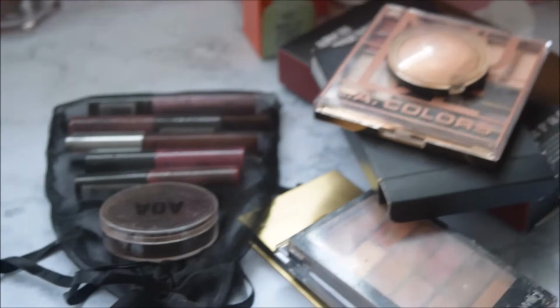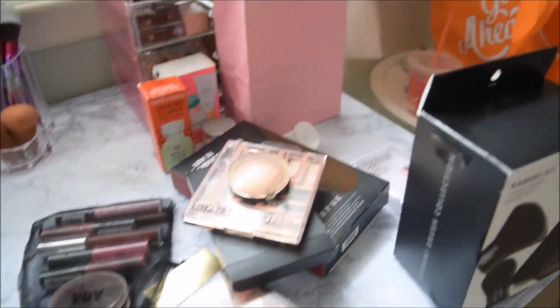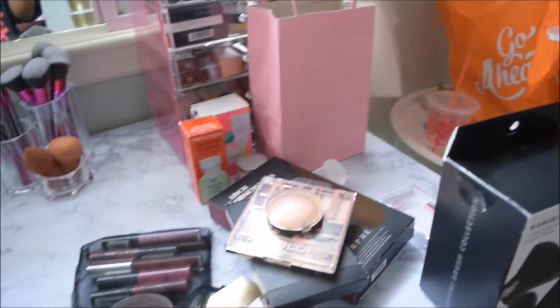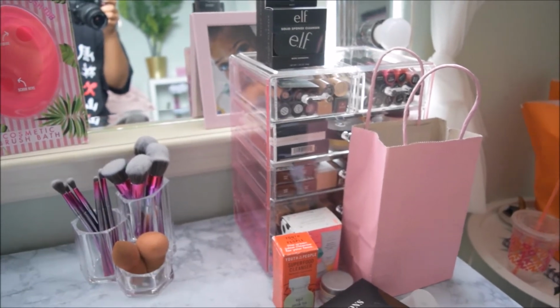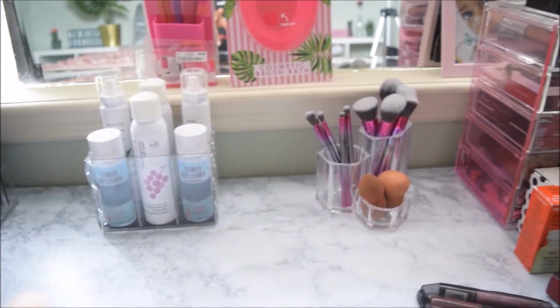This is all the remaining makeup that I have left over, which I have to figure out where I want it to go. Like I said, I bought a lot of products from Ulta, so I have to figure out where I want those to go as well. And I might have to go and get another one of these. Like I said, it was $22, so I might just have one on each side